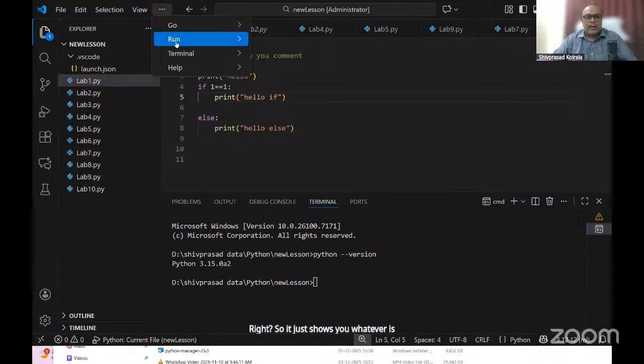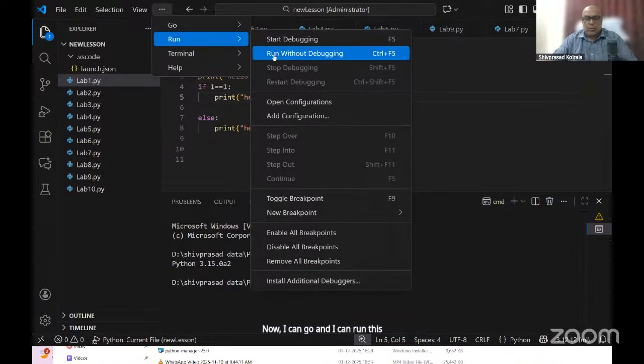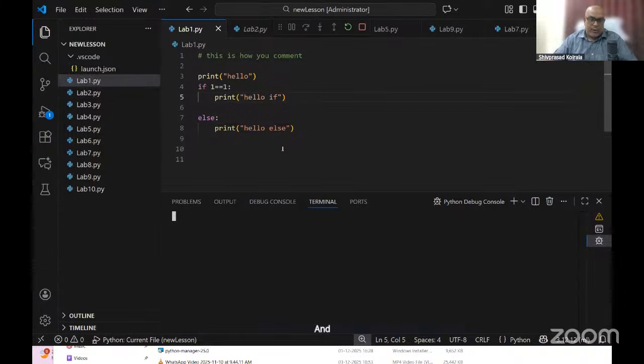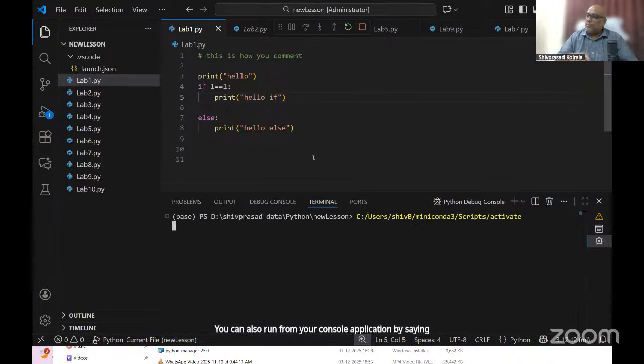Now I can run this through VS Code. I'll say run without debugging, and this lab1.py is running out here. You can also run from your console application by saying py dot